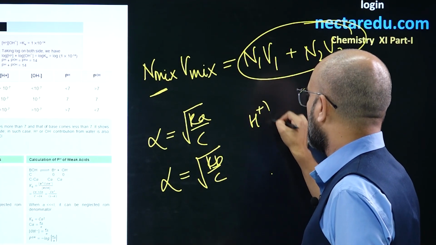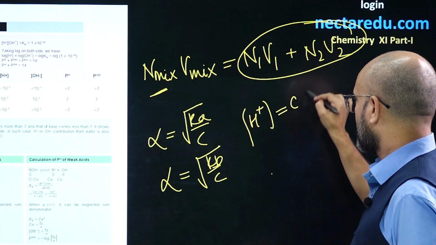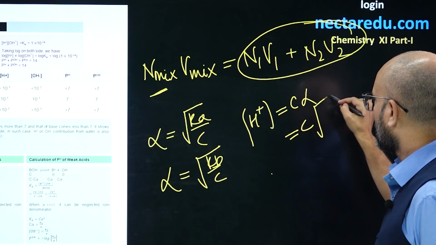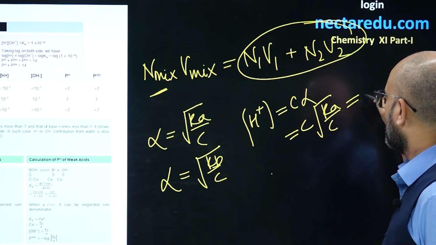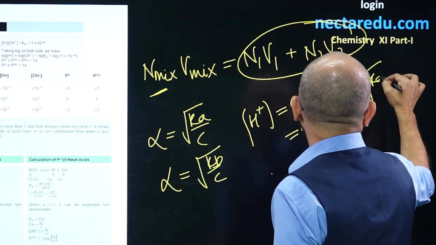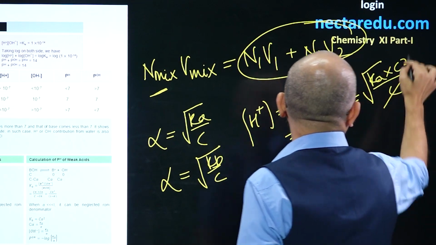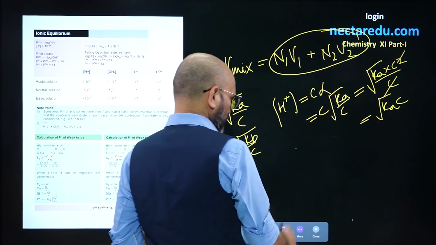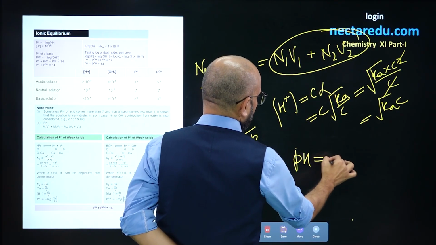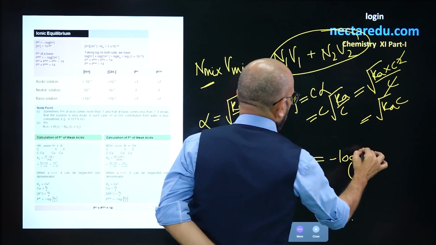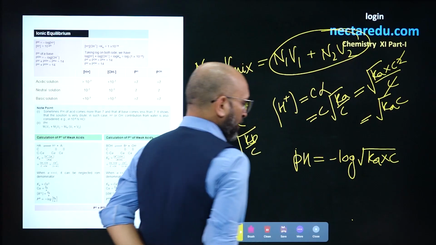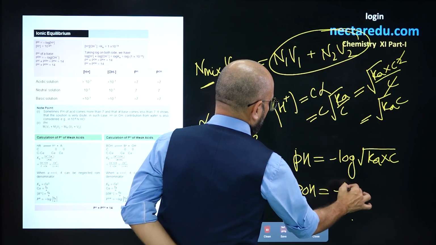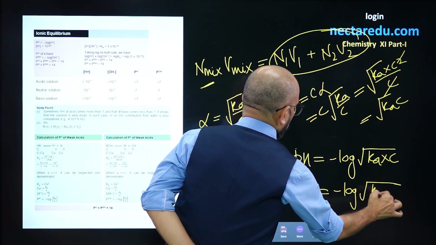H plus concentration for a weak acid comes out to be C alpha. So C alpha can be calculated by putting the alpha value like this, C into root of Ka by C. If I take C inside, what you get is Ka into C square upon C. So this cancels out. So you get root of Ka C. So if you want, you can calculate pH of a weak acid like this, negative log root of Ka into C. Or similarly, you can calculate pOH for a weak base like this, negative log root of Kb into C,